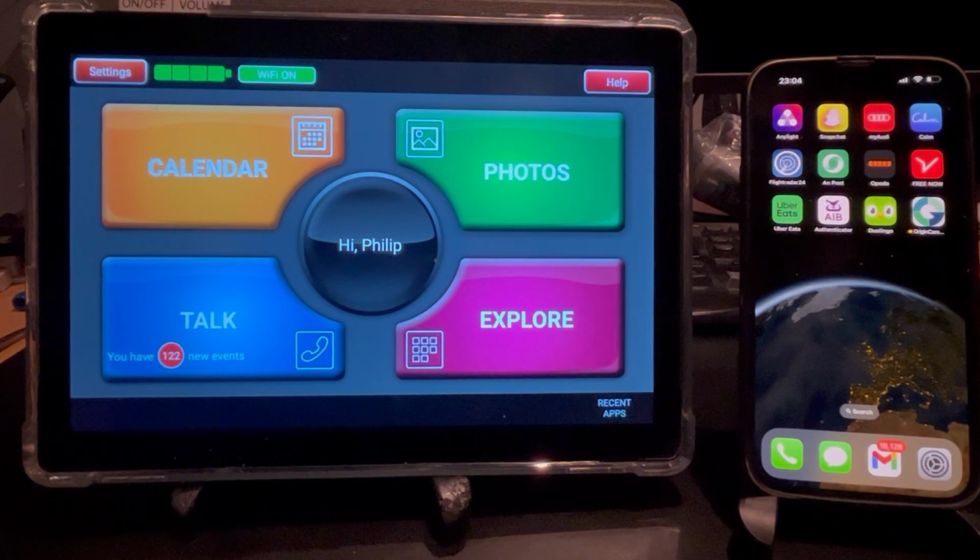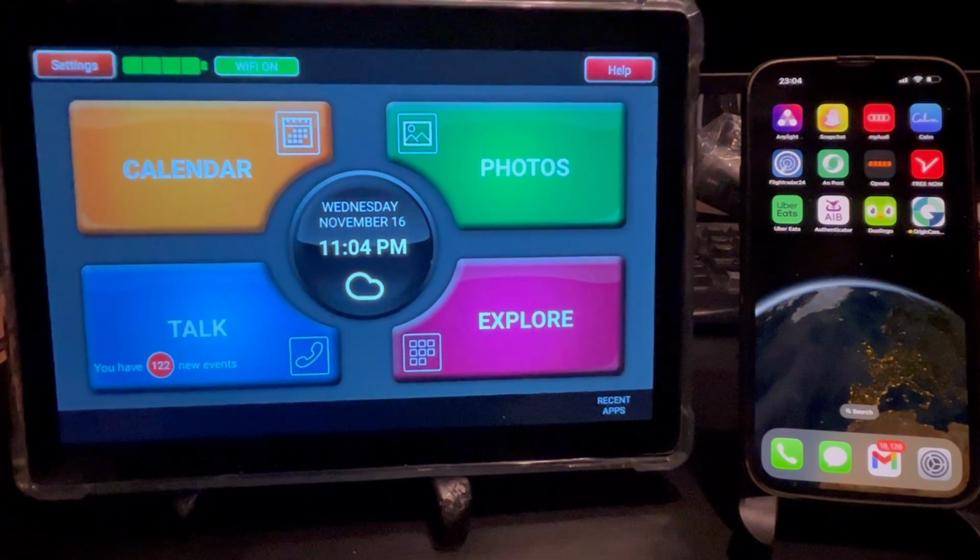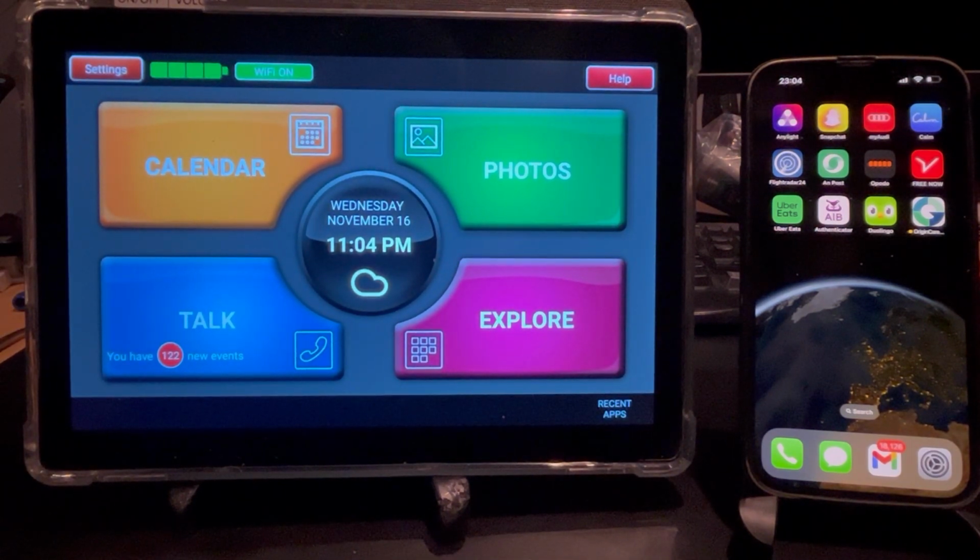The following video describes the operations of the ACORN Companion app and its relationship with the ACORN Smart Tablet, which is this product here, a 10.1-inch Android-based smart tablet designed and developed to support older people. The ACORN Companion app is designed to help younger people, family members or caregivers engage with older people who are using the smart tablet in a way that supports things like access to information or communications with that